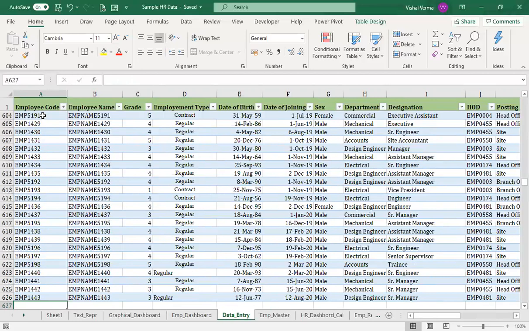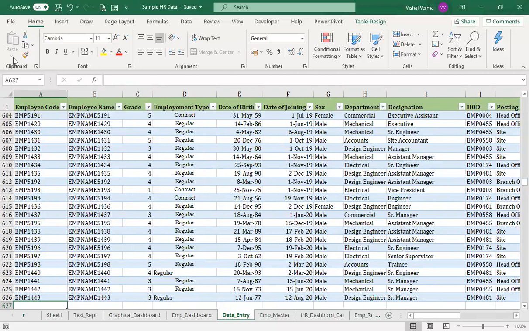Usually anyone would suggest that you need a Visual Basic program to design a form. As I promised you in the previous section, the introduction to the HR dashboard, we will be avoiding any kind of Visual Basic application so as not to make your life complicated. I'll try to make it as simple as possible, because there is something inbuilt in Excel 2016 onward, so we can use that rather than writing the entire code.